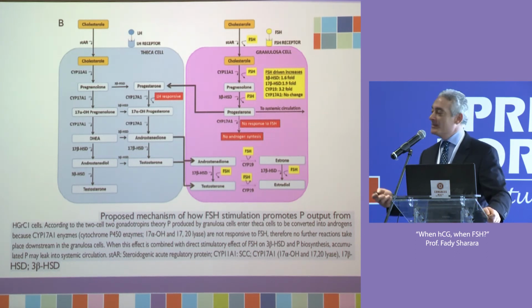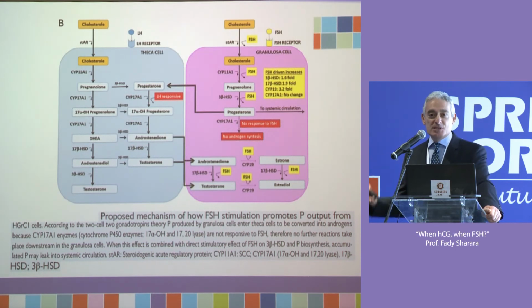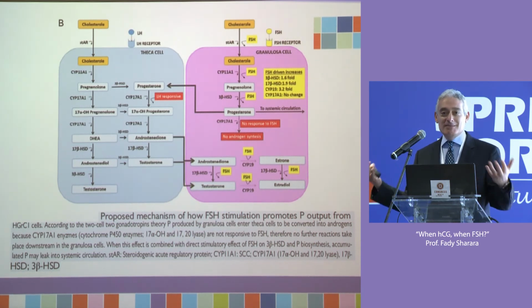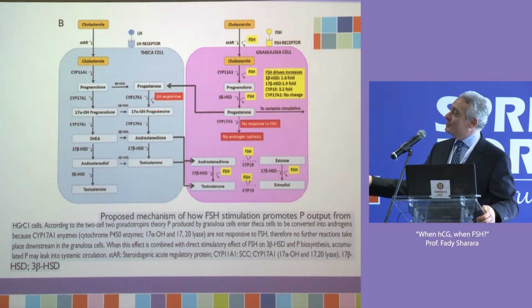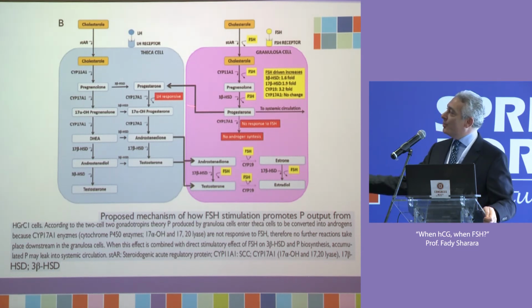So what does it do? It calls the theca cells and says, I'm in trouble. I have this progesterone that I need to convert. I just don't have Romanian money, I have US dollars, I need to convert those. So it goes to the theca cells, which were making their own progesterone. So at that point,